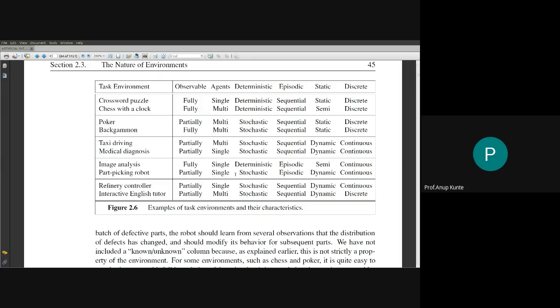Next thing, it's a deterministic environment because you know if I take this move, it's going to change the board condition or board state a particular way only. There's no probabilistic behavior here, so it's not stochastic, and it is definitely not non-deterministic. As far as episodic nature of the environment across the time period is concerned, it's going to be a sequential environment, because the step you took at present is going to impact what you are going to do in future, because your opponent is going to react to it with his step, and further the sequence continues. Hence it's a sequential kind of an environment.